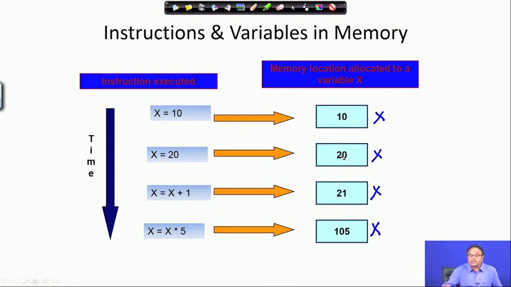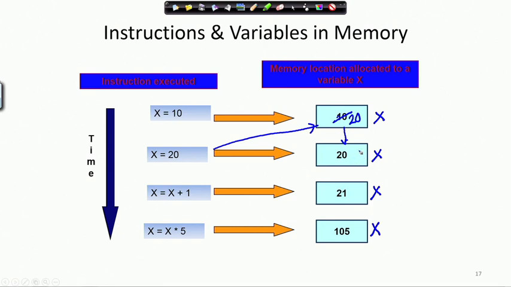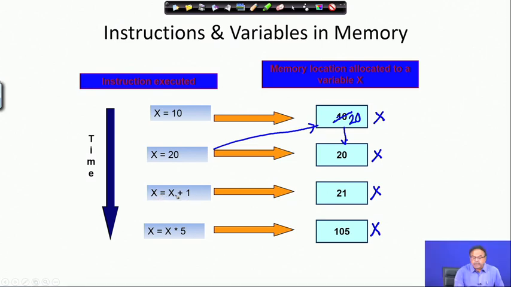So, this location gets 20. The 10 that was there in the same location is being overwritten by 20. When this is executed, the 10 is overwritten and 20 is written. So I am getting 20 here. Now x has got 20. What is x now? x is 20. Now I do another arithmetic operation here. How do you explain this? x assigned x plus 1.